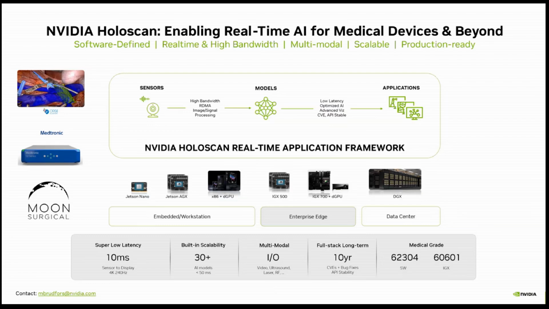Also, full stack long-term support on software. So the entire NVIDIA software stack is supported by NVIDIA. This runs the Linux operating system Ubuntu, so Canonical is used as providing support for that software component. I guess the video is kind of showing the certification for both software and hardware,